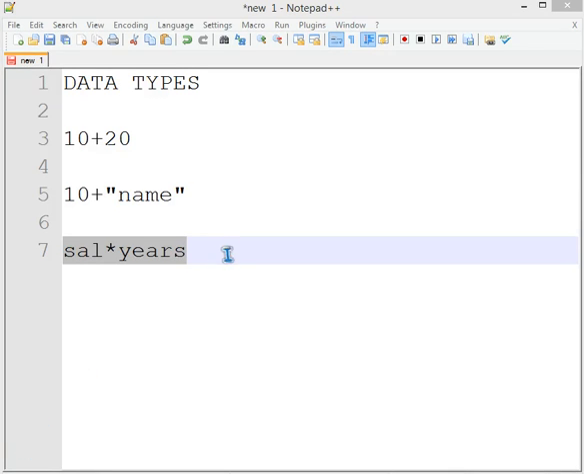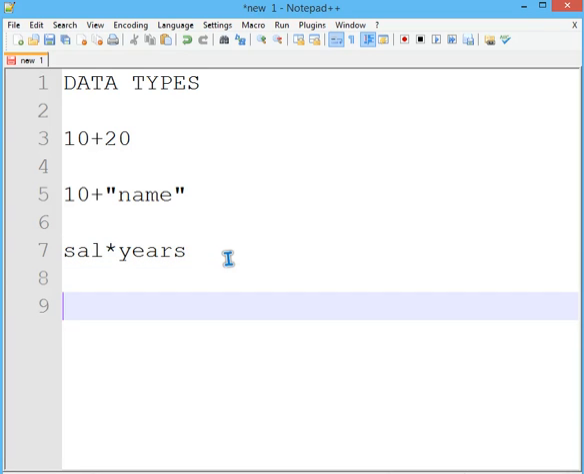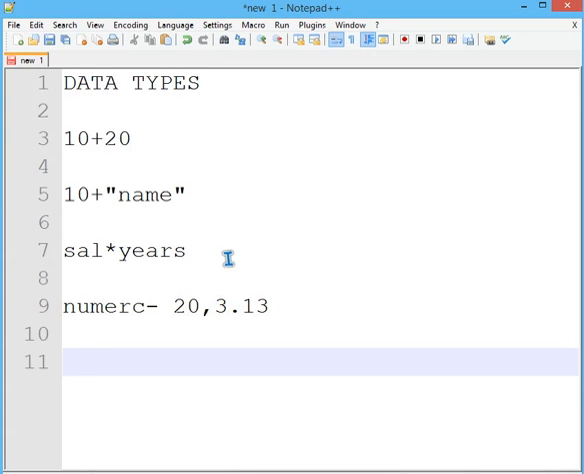So we have certain types of data types which we are going to elaborate later also. First is numeric. What are numeric data types? These are like 20, I said, 3.14, this is a floating type. Then we have